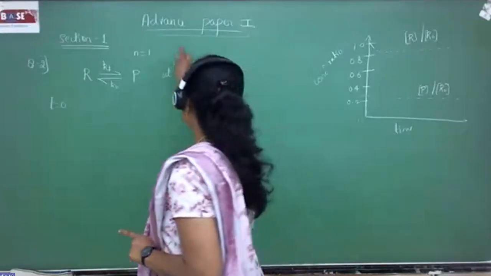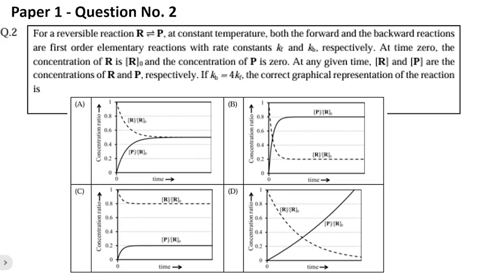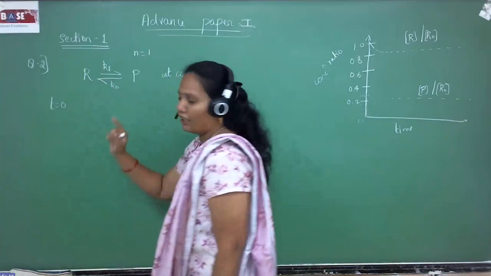Solve advanced paper 1 section 1 question number 2. So the question is like this: for a reversible reaction, reactant giving rise to product. It's a reversible reaction. Both forward and backward reactions are first order elementary reactions with rate constants Kf and Kb respectively. What they're saying is it's a single step reaction, and Kf and Kb are nothing but the rate constants for the forward